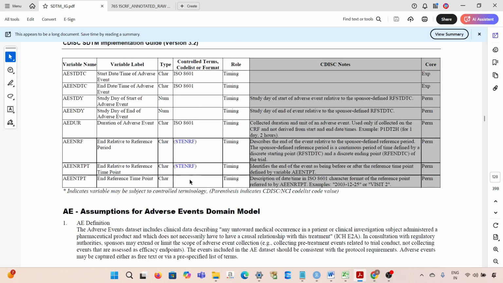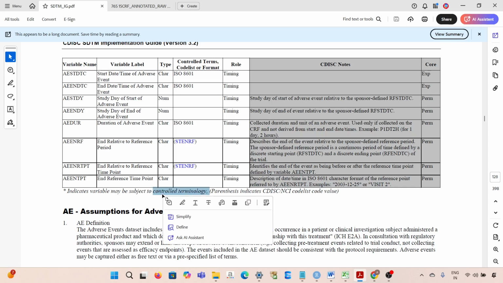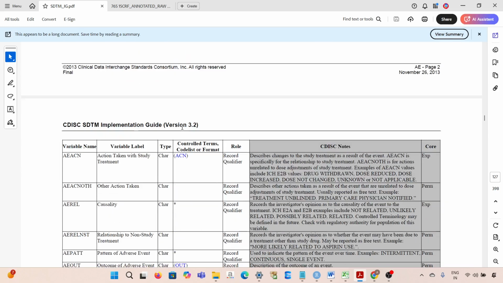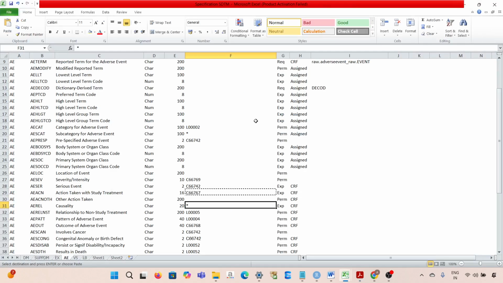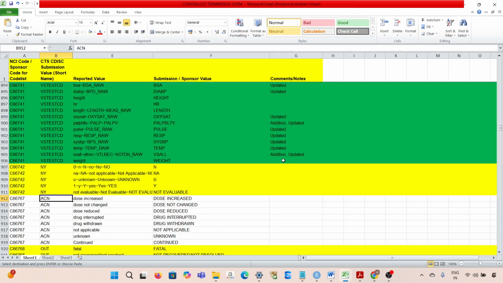If this is something related to the client information, you can keep it as per your client requirements. It indicates the variable may be subject to control terminology. Each individual client has their own set of control terminology, so for that reason you can use their control terminology. There is no major point to discuss for this, because if you have a control terminology given by your client, you have to use that for a particular variable. For example, here